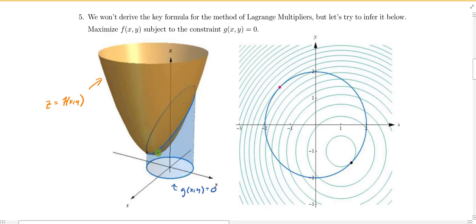So if I were to look at all of the ordered triplets I get by taking, say, here we could take this x naught comma y naught. If we plugged it into the function, that gives us this value right here. That would be x naught, y naught, comma, f of x naught, y naught. That gives us that ordered triplet. And if I took all of those ordered triplets, that would trace out this curve that lies on our surface